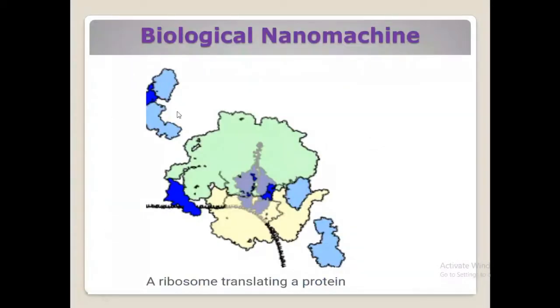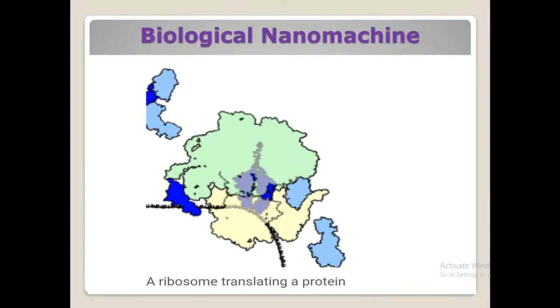Here is one example. I told you the ribosome is involved in translation, protein synthesis. This is the ribosome: the larger subunit and the smaller subunit, the white color one. And you see that amino acids are coming here. tRNA brings the amino acid. And this is mRNA, the black color one. So mRNA enters inside the ribosome subunits. Now the ribosome is translating a protein. You see that the message present in the messenger RNA is translated into an amino acid sequence. So the ribosome is involved in protein synthesis, the translation process.